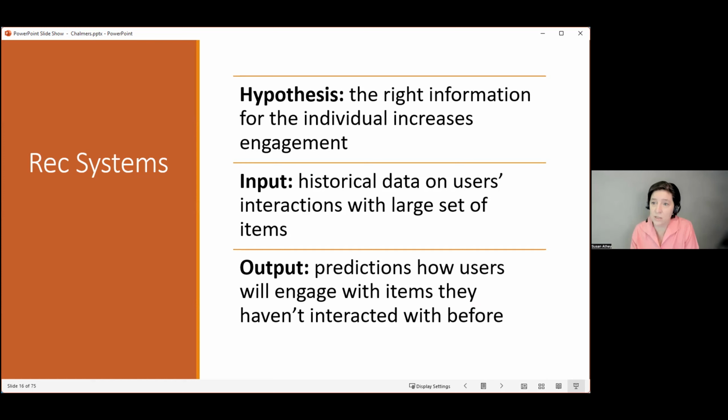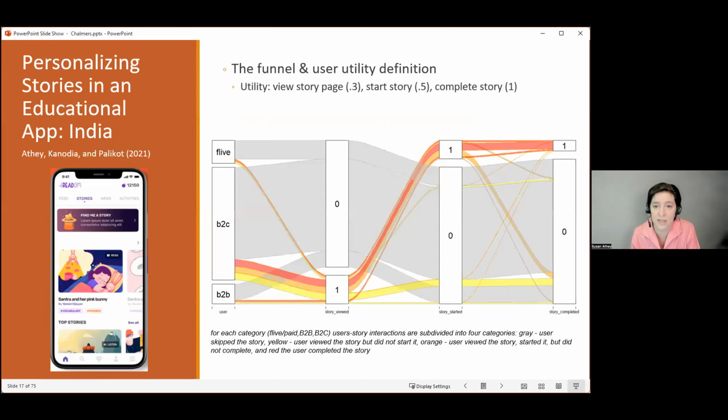In this case, though, it's going to be harder to do off-policy evaluation because we're going to have a problem with overlap. If there are thousands of treatments, then lots of people aren't going to see most of the treatments. And so running a randomized experiment live is often much more important in this context. This is an educational application from India. The application shows people stories to read, and it helps low-income families in particular, where they might not have a lot of books to read, and the parents might not be that good at reading English themselves.